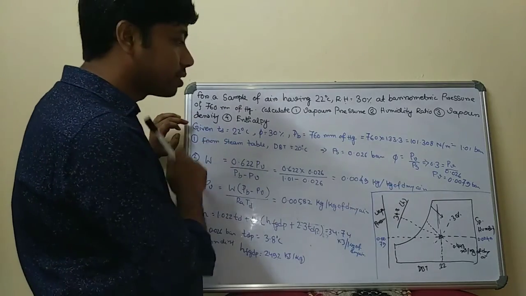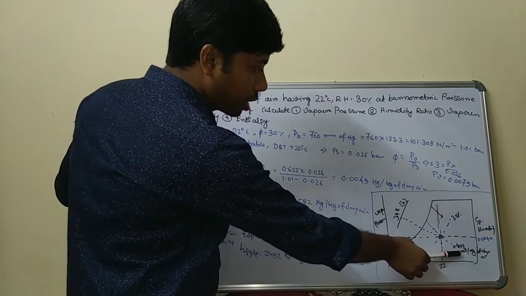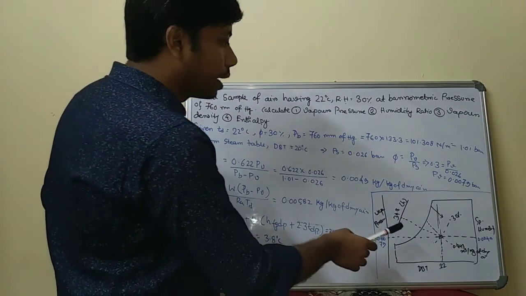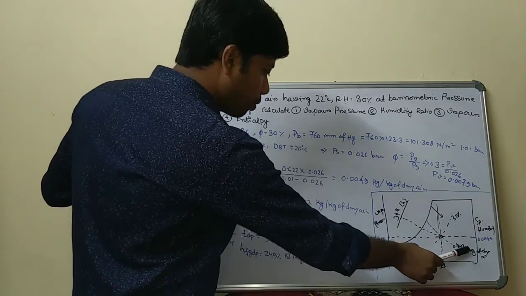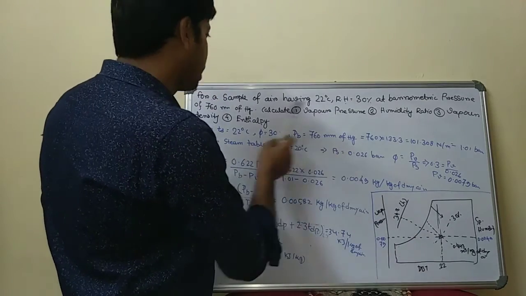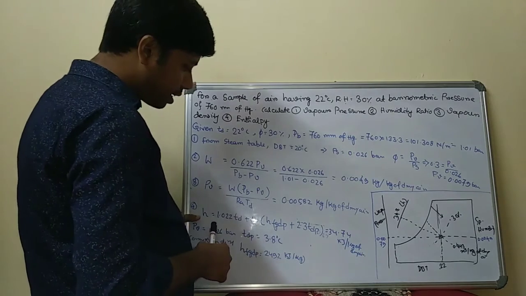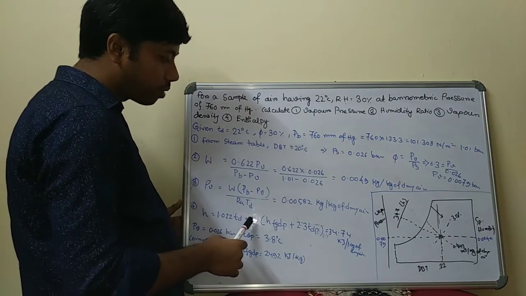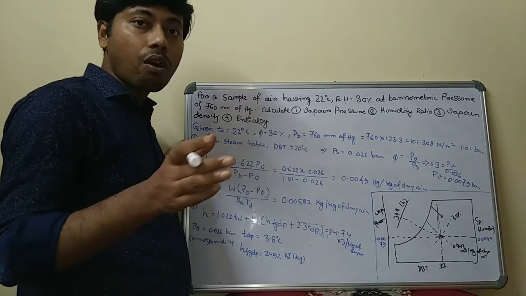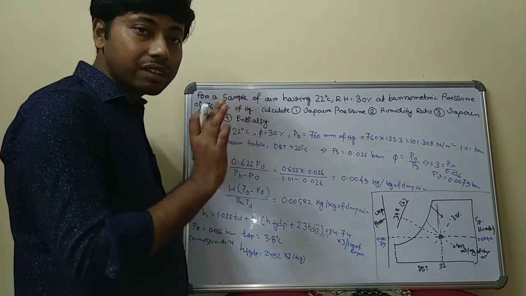Now the last one is vapor density, and suppose it's 0.084 meter cube per kg. So vapor density, as you know, has a formula, and this is 0.084 meter cube per kg of dry air. Then you can calculate the vapor density and enthalpy. Enthalpy has a long formula: H is equal to 1.022 TD plus W into HFGDP plus 2.3 TDP. This is a very long expression for the enthalpy of moist air. Now you can calculate it easily.